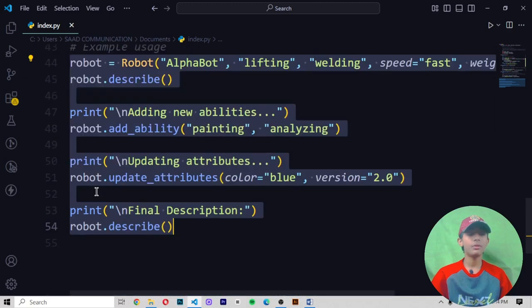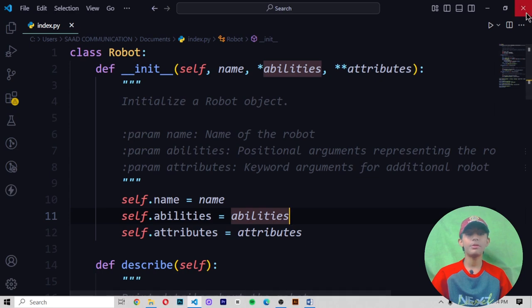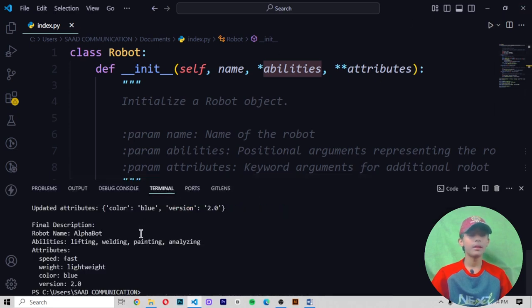Okay, in the 44 till 54 line. Okay, so let me run this code and let's see which type of output it will give you. Save it and run it. So now it is giving me